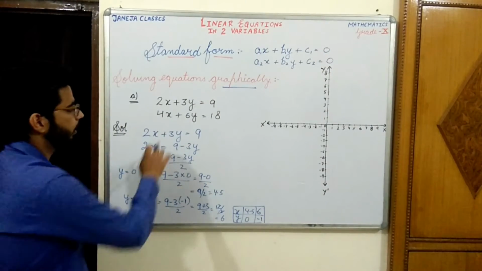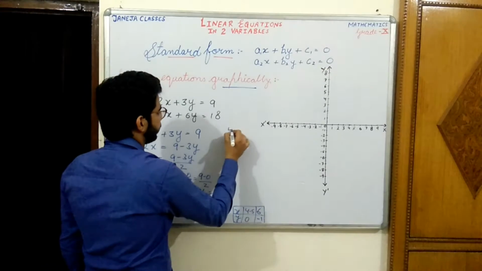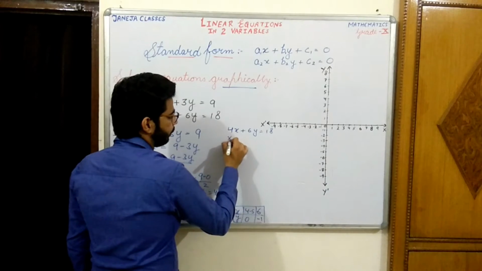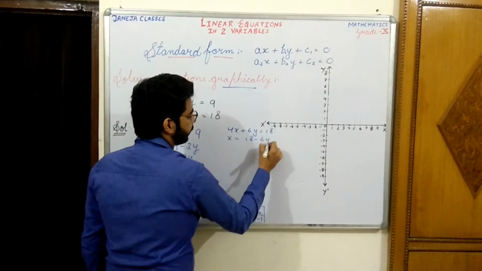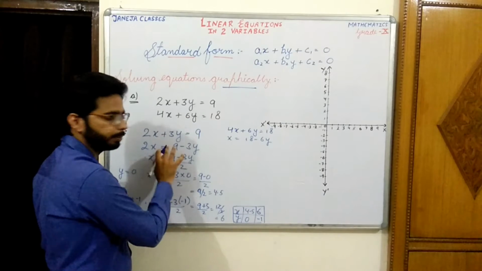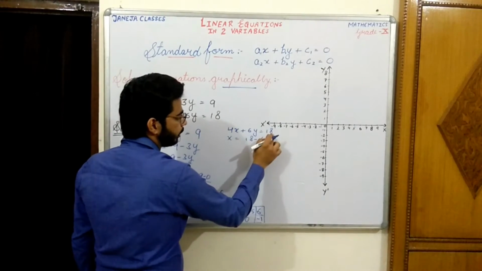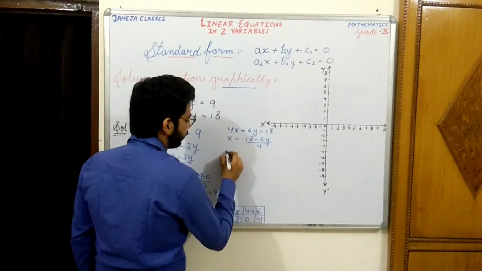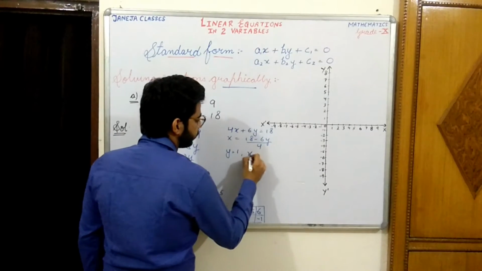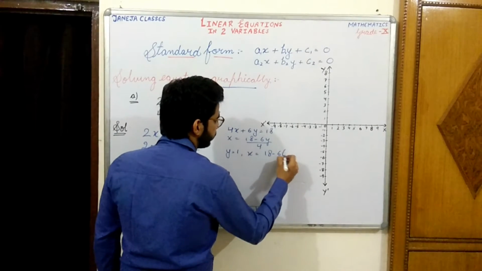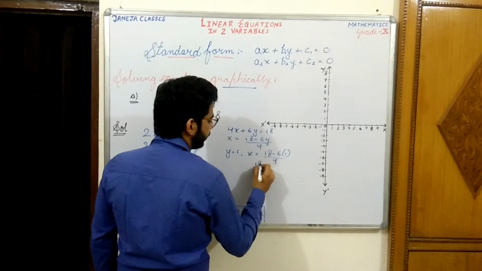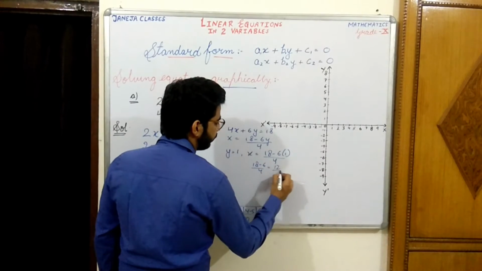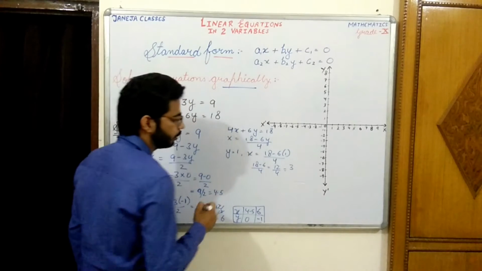Now proceeding to solving the second equation. So let us take 4x plus 6y is equal to 18. It will be x equal to 18 minus 6y upon 4, the same way that we have done here. I am skipping this step and writing directly 18 minus 6y upon 4. Let us take the value y equal to 1 here. So it will be equal to 18 minus 6 into 1 by 4. 18 minus 6 by 4 will be equal to 12 by 4, and ultimately it will be equal to 3.